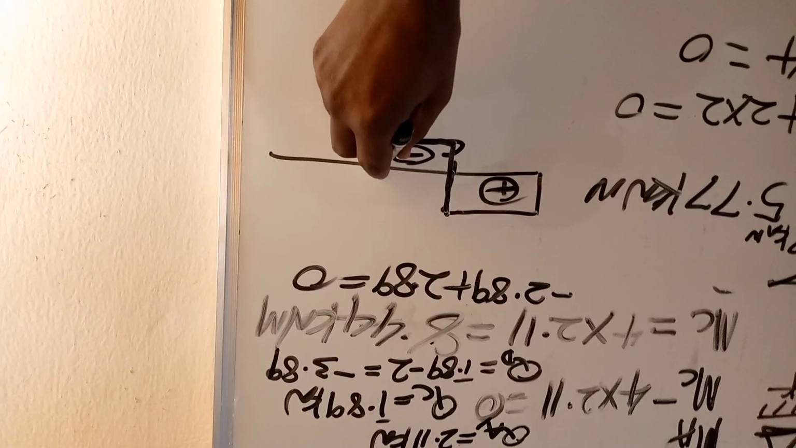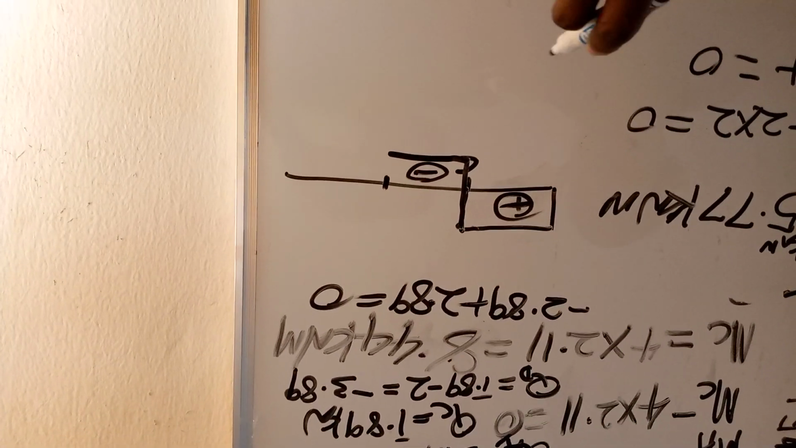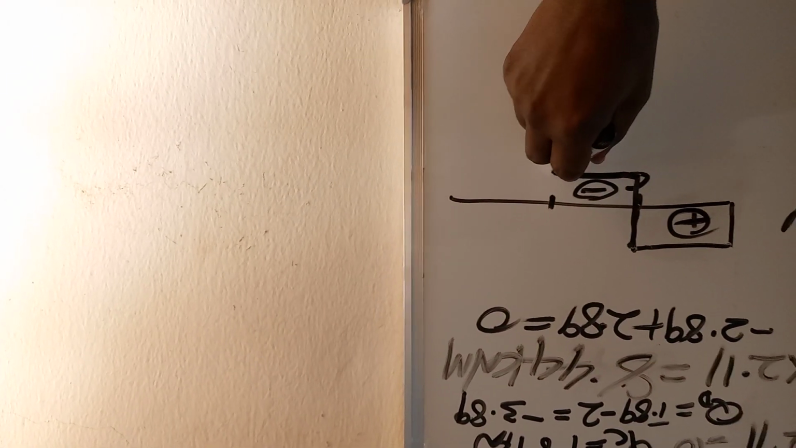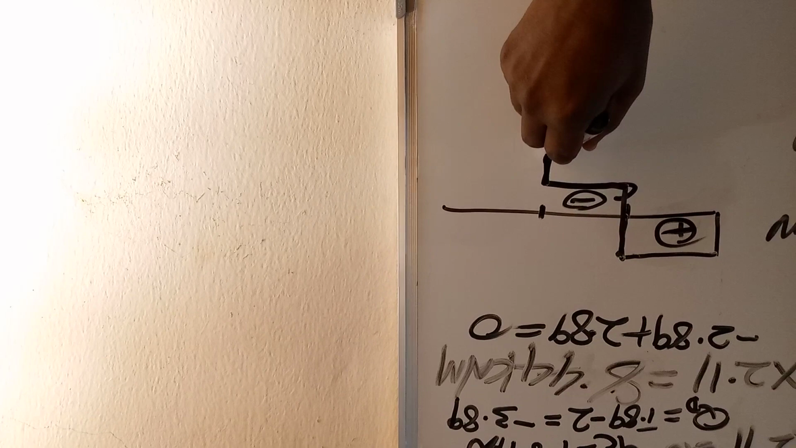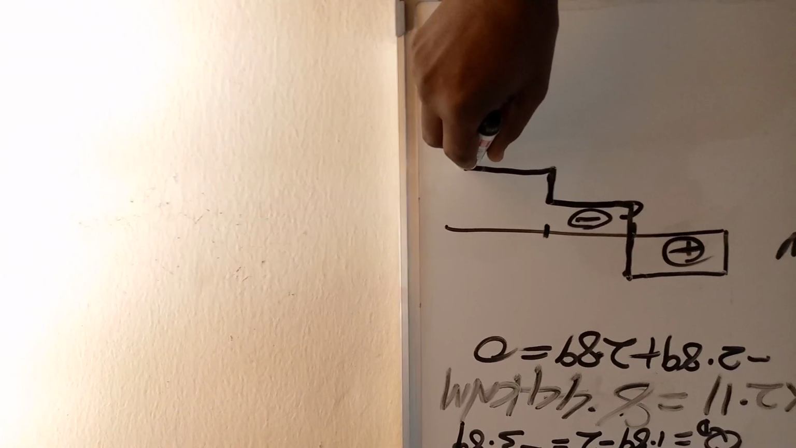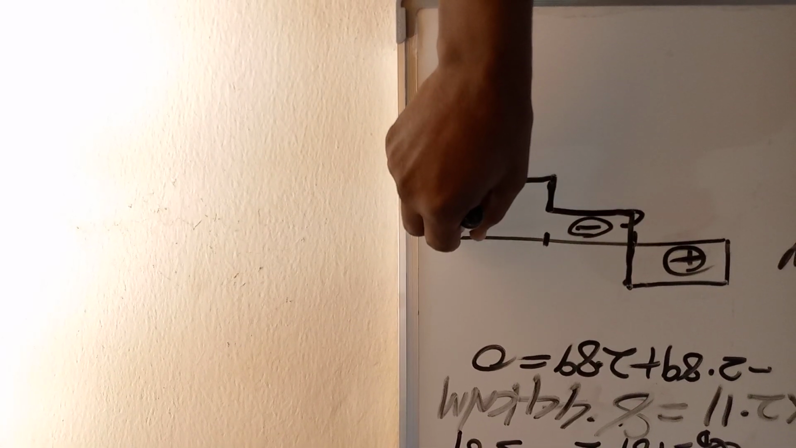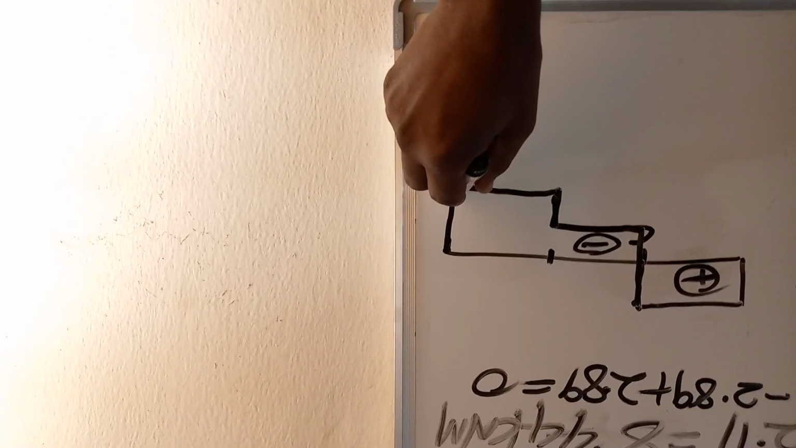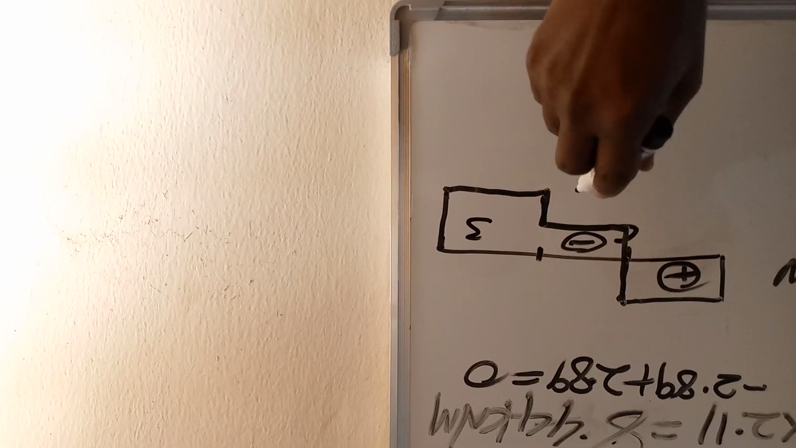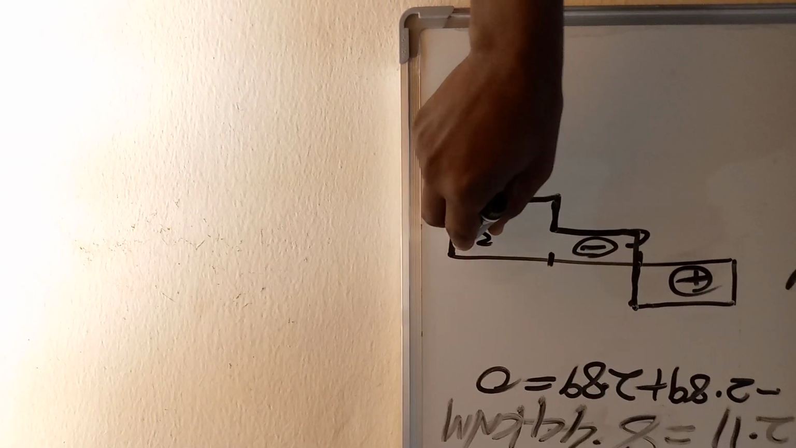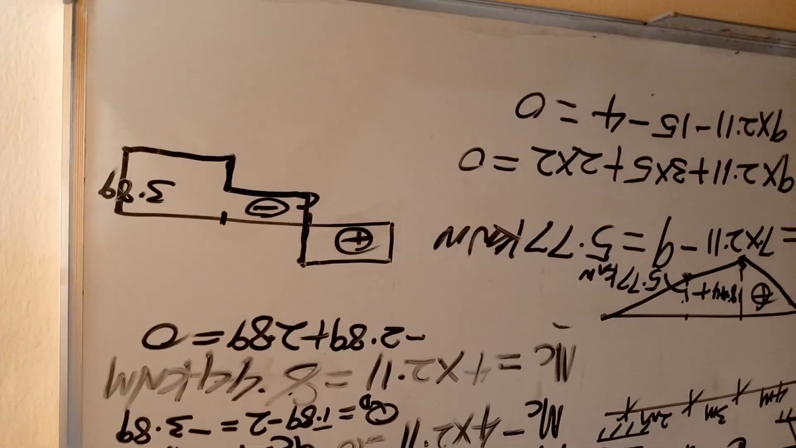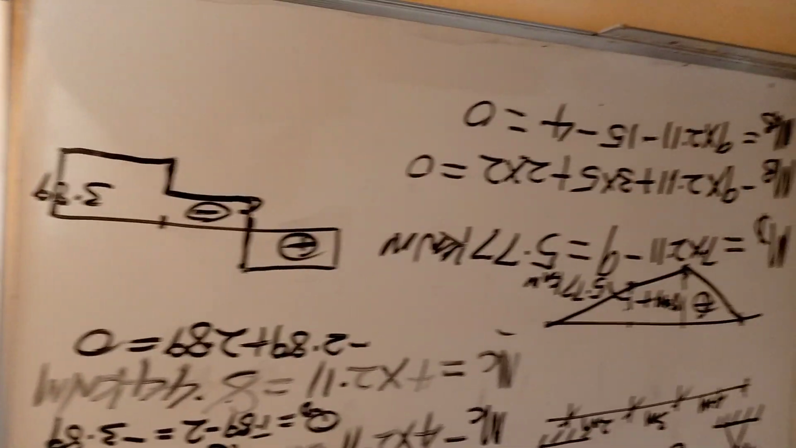When it gets to D, the shear force goes down further, another minus 2, to minus 3.89, and then closes at 0 at B. That's the shear force diagram. So thank you for